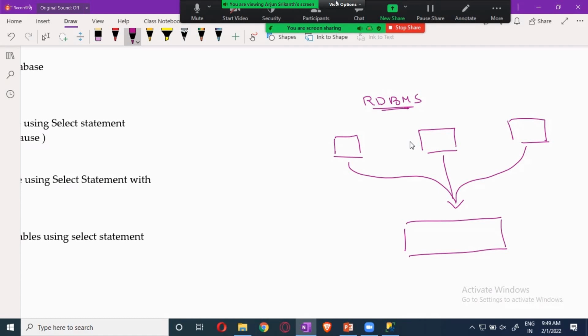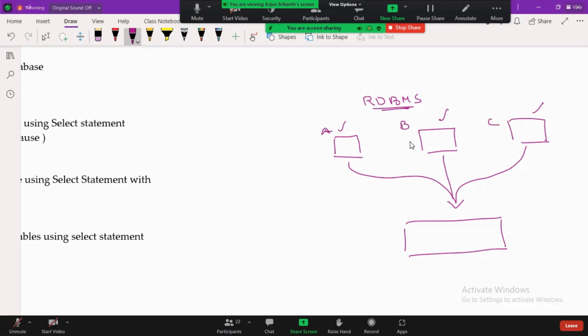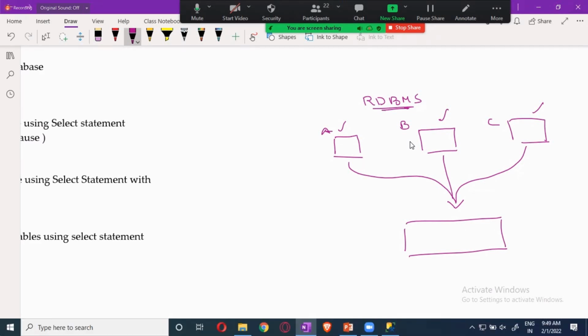Now, this process of extracting the data from table 1, table 2, and table 3, this is A, B, and C. How many tables are we extracting? Three tables. That is more than one. So this is called joins. You usually do it with two tables. You can do it with three tables, four tables also. It depends upon you, but that is called advanced level joins.